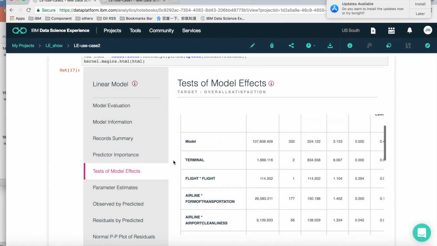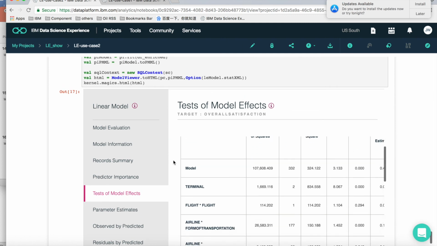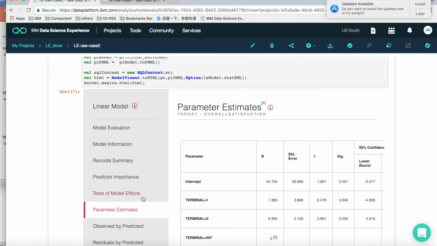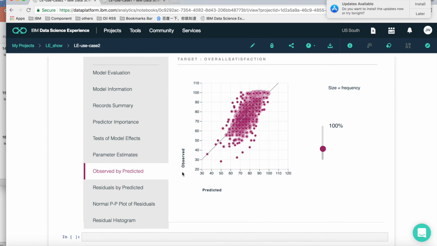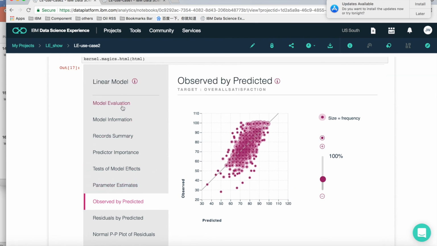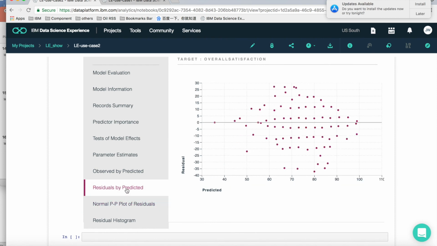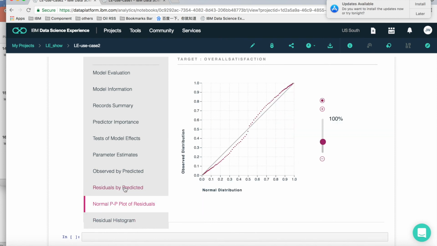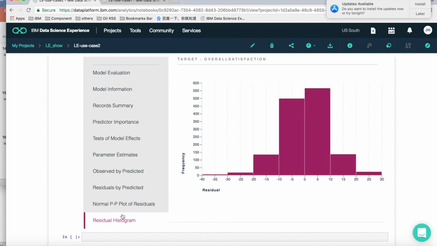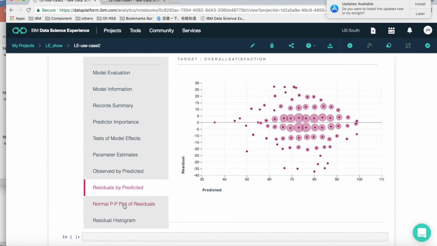Another is some detailed information for this model's parameters, and you can see this. The observed records are on both the left and right side of the linear fit. So I think it can explain the root cause of why the model accuracy is almost 50%. The last thing is some basic statistics for this model.